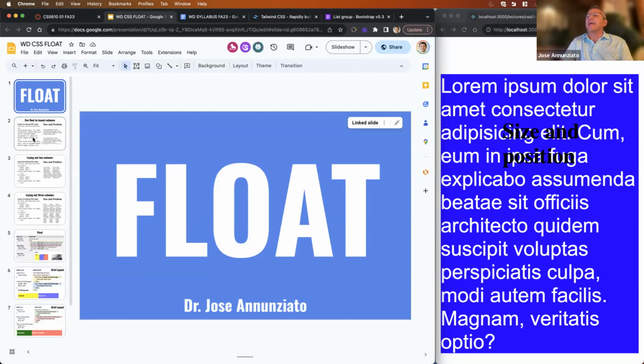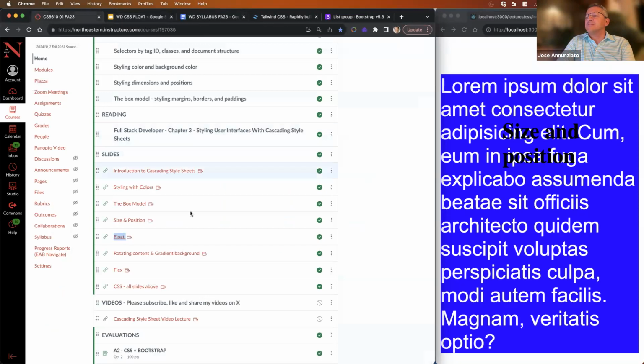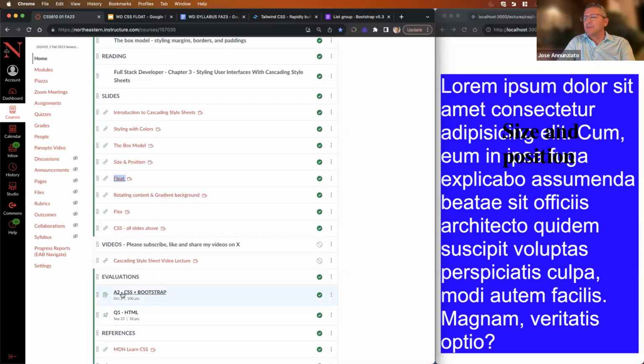Floating is a mechanism that was initially intended for images, so that we could embed images in our documents and achieve these kinds of styles. So for instance, in assignment 1 and assignment 2, I use a lot